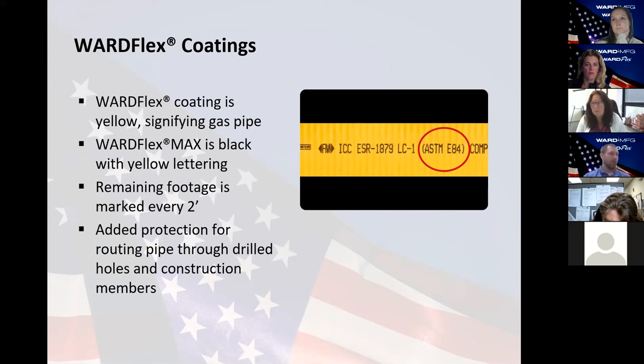And then it also will help to protect against corrosive materials. So while stainless steel is a corrosion resistant material, it's not corrosion proof. There are chemicals out there that can attack the stainless and over time corrode it. And the coatings help to protect from that. If something were to spill on the coating and there's no exposed stainless steel there, there's no concern of corrosion